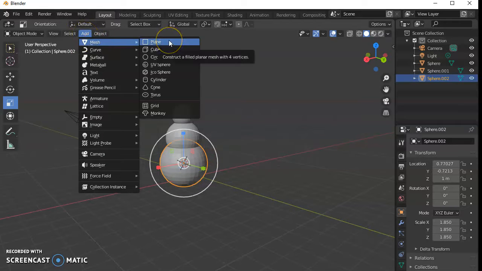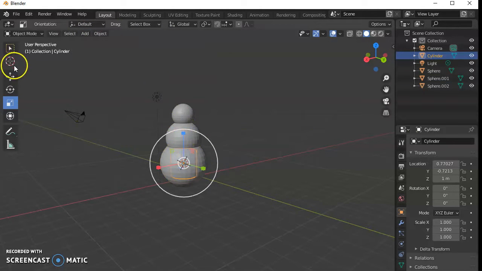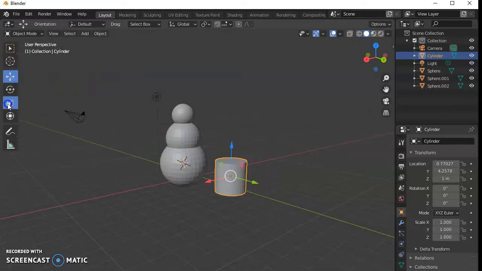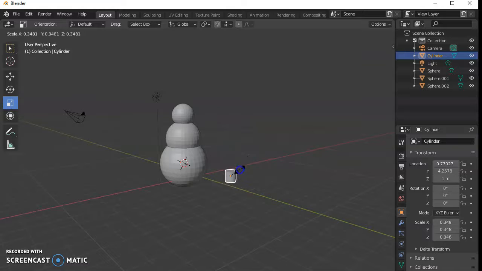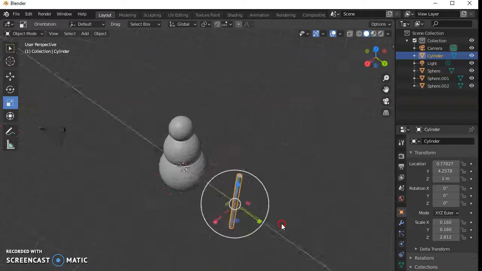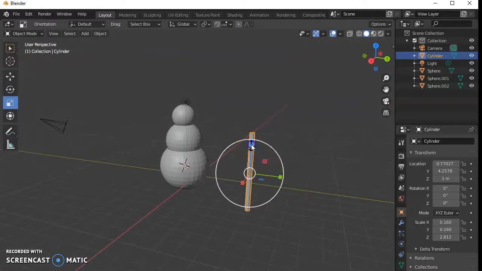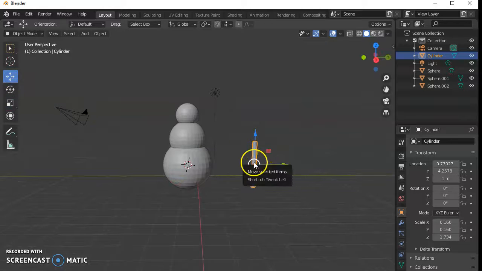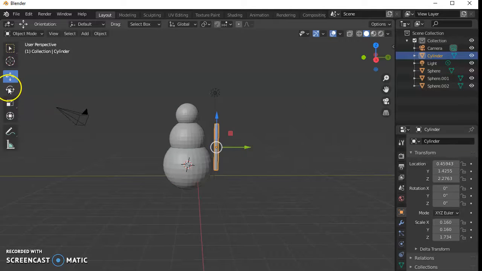Add mesh. So the options we have here, the closest would be a cylinder. Move that out to see what it looks like. If I scale that way down, I can make a kind of a little stick. So I'll scale it down, and then this handle would drag it out in the vertical direction. So that creates a thin pole, and that could be used for one of the arms. This one here could rotate,